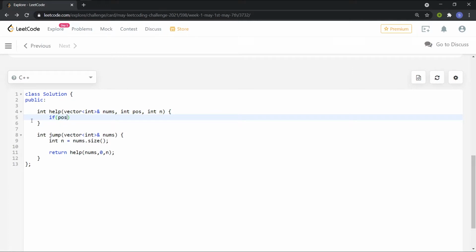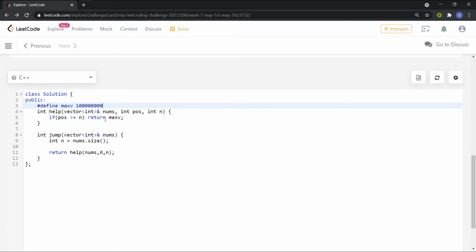So if position is greater than or equal to n, you have already reached the maximum. This index does not exist in the array, so this is an invalid input, so I'll be returning maxp. Let me define what maxp is. Basically maxp stands for a max variable, and for it I'm giving a very big value.